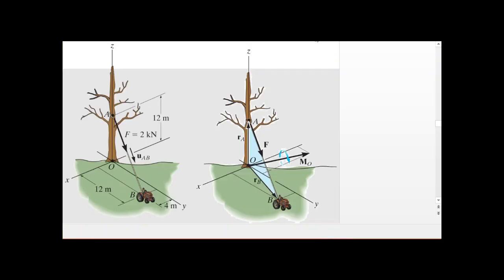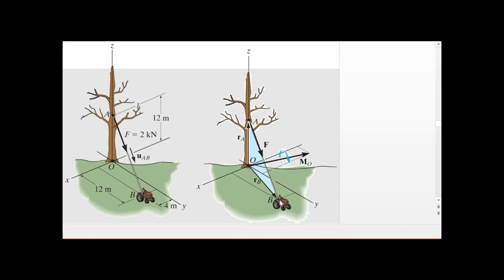Now let's say that we want to calculate the moment that the tractor can apply to the tree about point O. If we want to calculate that moment, we can begin by calculating R cross F. Now it's good to visualize what that means. So you can see this figure on the right here. You can see the tractor, you can see the tree. Now there's a distance from point O to the tractor, that's